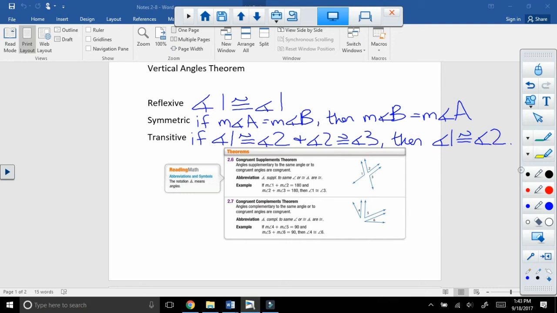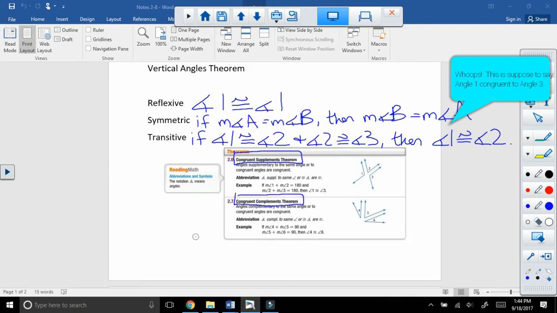angle 3. These next couple things, the congruent supplements theorem and the congruent complements theorem, these are on page 153 in your book if you need to kind of see these a little bigger. I'm not going to ask that you write it all out, but you do need to kind of understand what